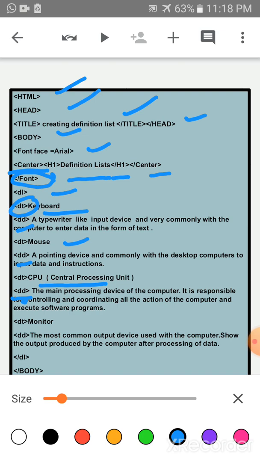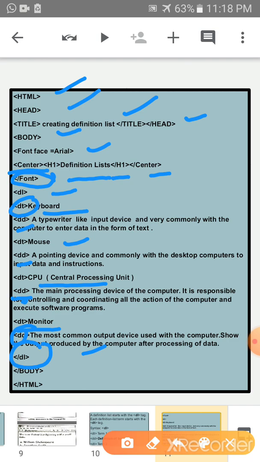In a DD tag you have to write the definition of this CPU. Again DT tag, the term monitor, and in the DD tag you have to write the definition of monitor, and at last you have to close the DL tag. Understood children? These are the codings you have to write in a notepad.